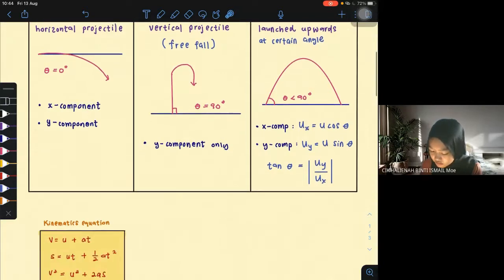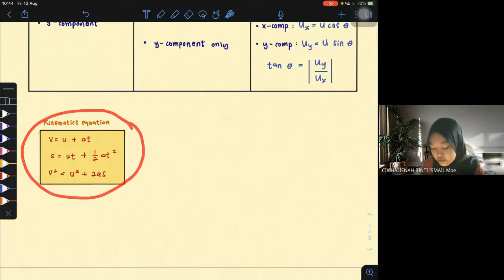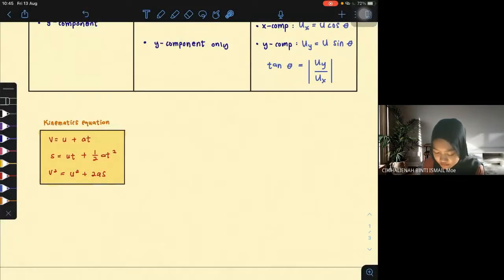Okay, so for 2.3, we are still using the kinematics equations. For these three kinematics equations, as I mentioned in my video, this formula is not given in the exam. It's not given in the list of formulae, which means you must memorise these three important formulae. We will use them even in chapter 3 and chapter 4, any question involving kinematics, so we will use them many times. Write them on a sticky note and stick it on the wall or your study table so that you can refer to it quickly. So we will use the kinematics equations in 2.3 too, but there will be